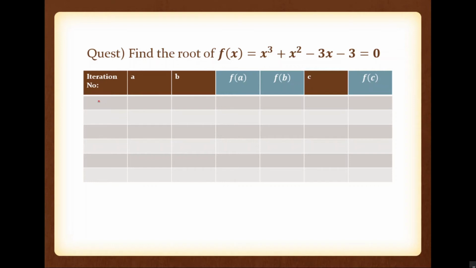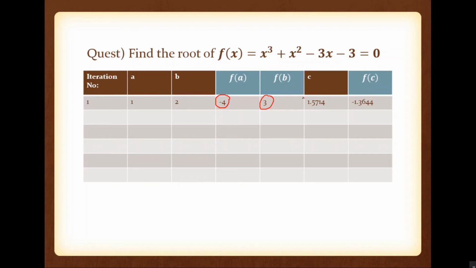So for the first iteration, what is the interval? a is 1, b is 2. That is the bisection method. What we have to check is that f of a and f of b have opposite signs. First find f of a, that is minus 4, and f of b is 3. Exactly similar to what we did in the bisection class. You can see that these two have opposite signs, so a and b are valid initial conditions. Please note, if you are doing the false position method, you have to check the validity of the initial condition, because we are actually following the bisection method except for calculating c.